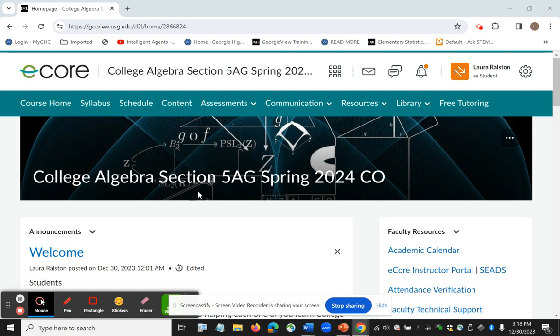At the very top, you have this teal or green colored ribbon where you have various options. You have course home, syllabus, schedule, content, and so forth. So you can use those to navigate from one page to another. For example, you definitely want to know where to find the syllabus. So if I go to the green ribbon here at the top and click on the word syllabus,